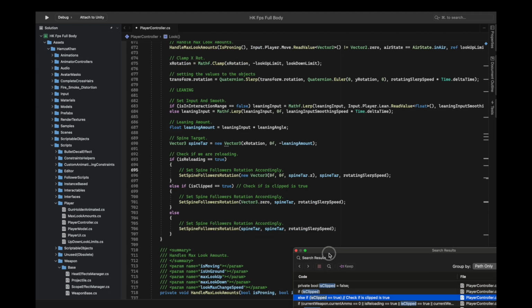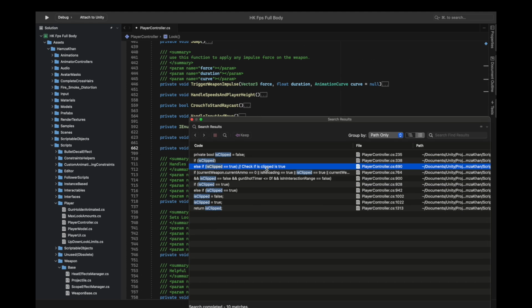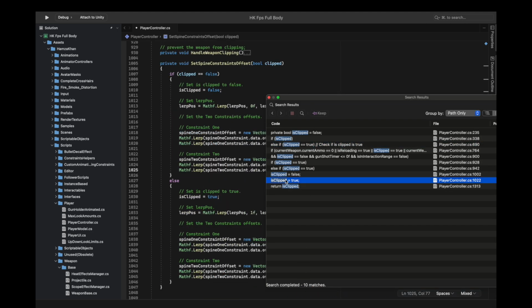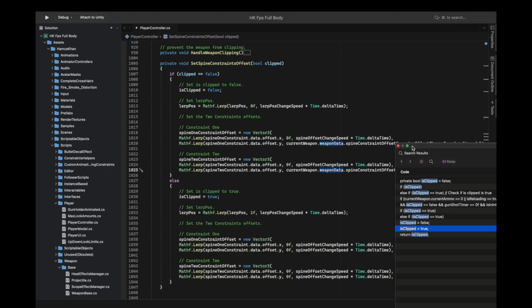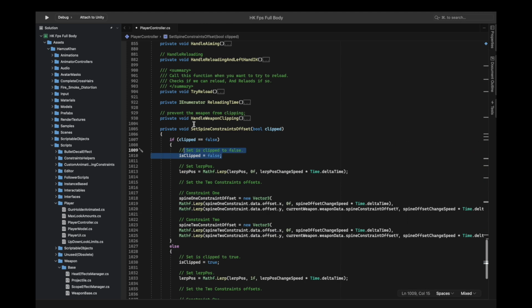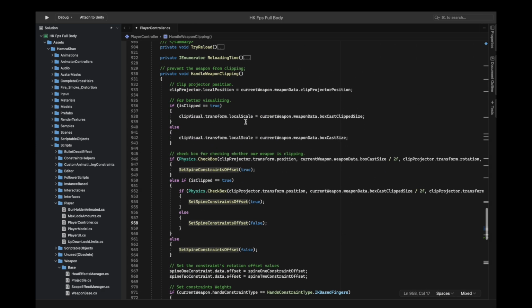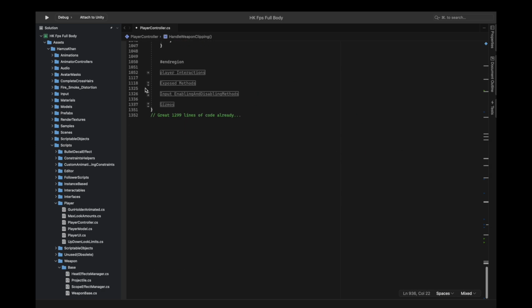Then, as you can see, oh, it's not navigating me correctly. At some points it just isn't. But I'll find it. So, as you can see right here, we are setting it to false and we're setting it true. So I'm gonna find all references on this function. It's used multiple times in the weapon clipping function. So to clean this function up,